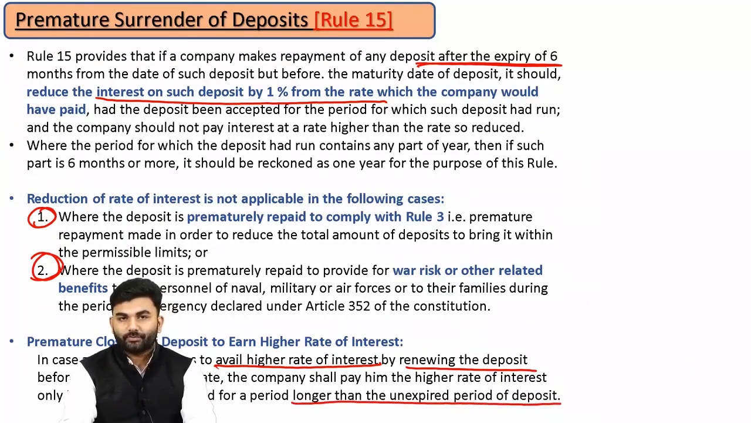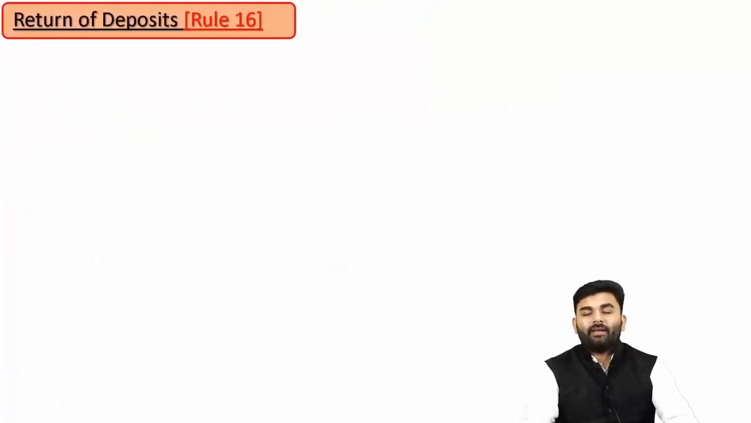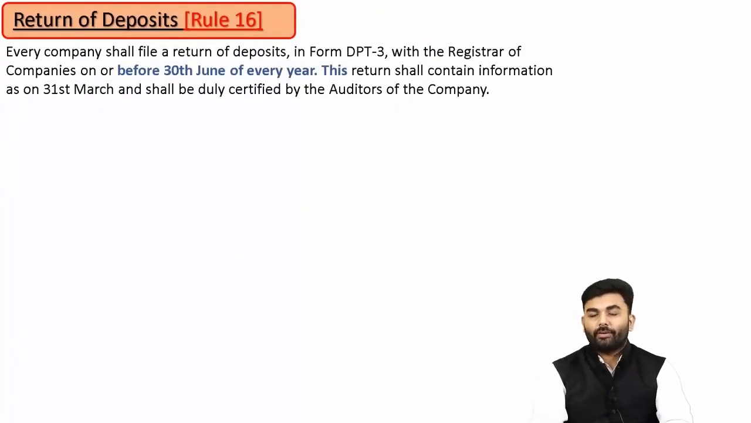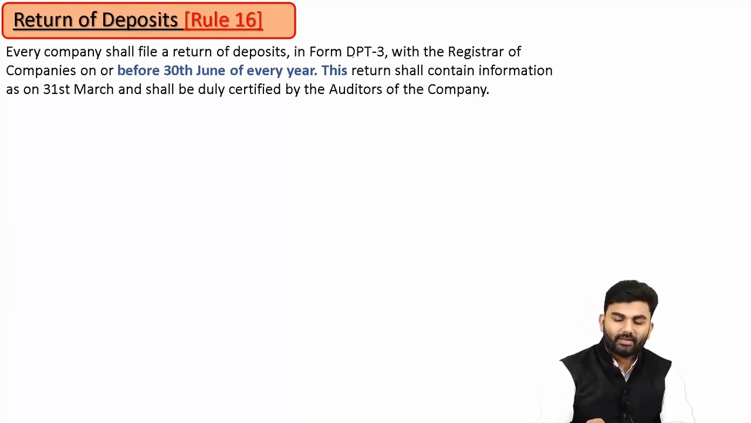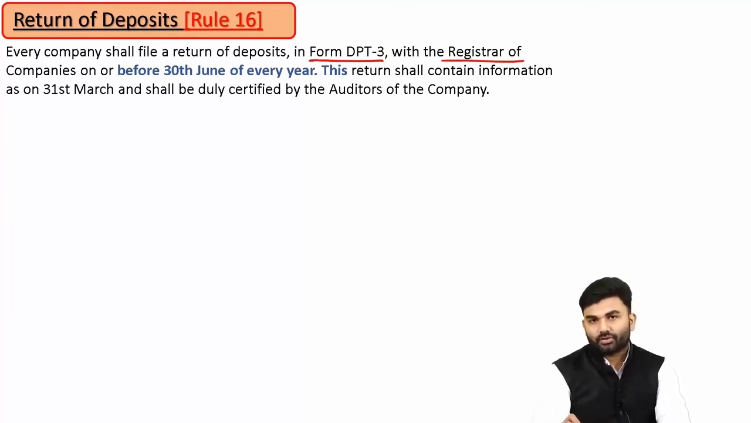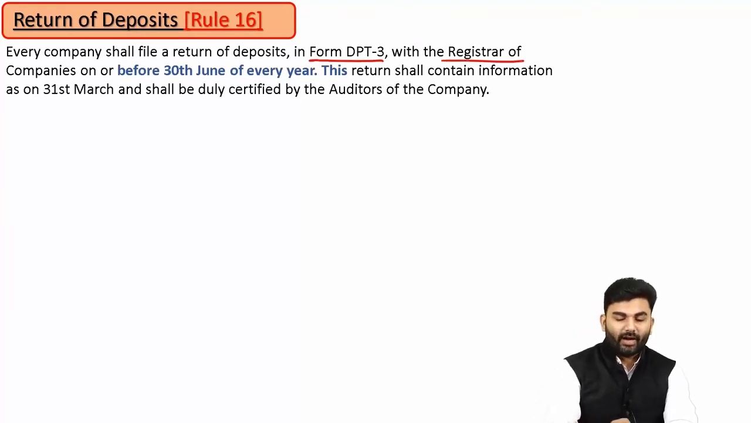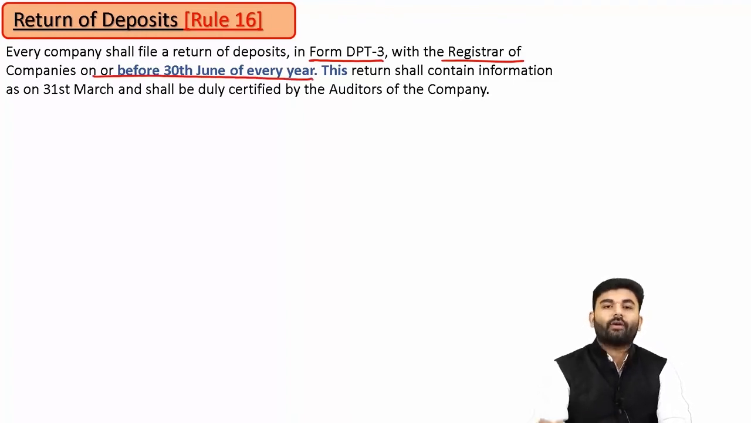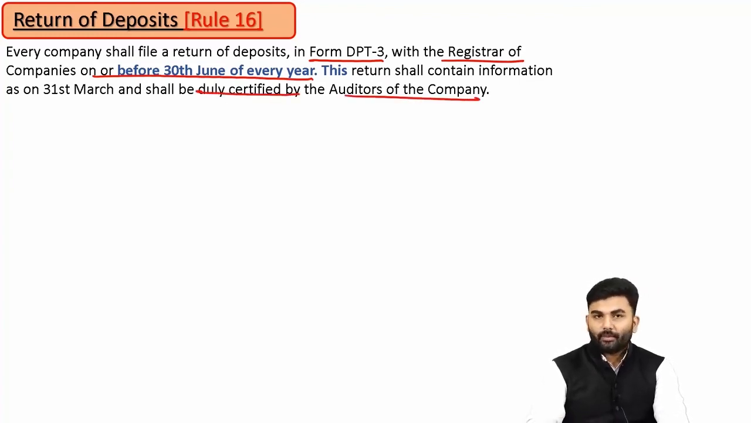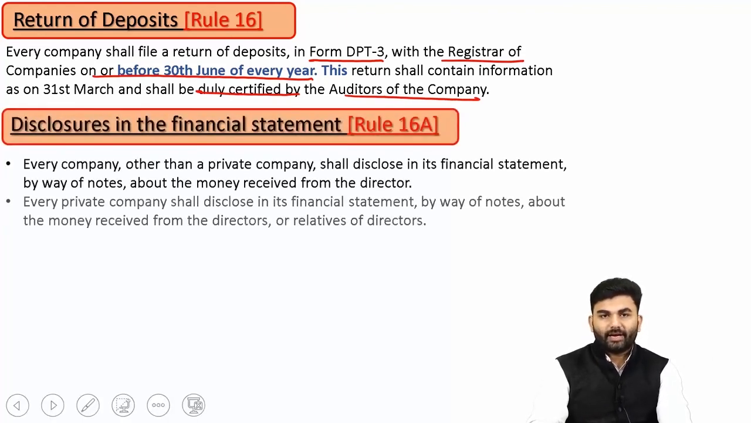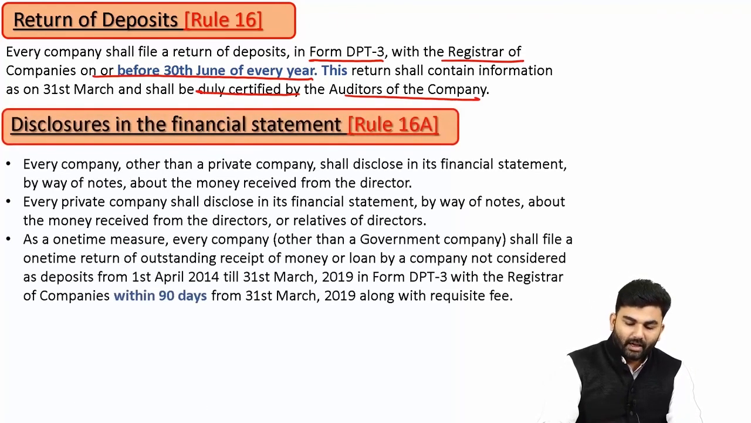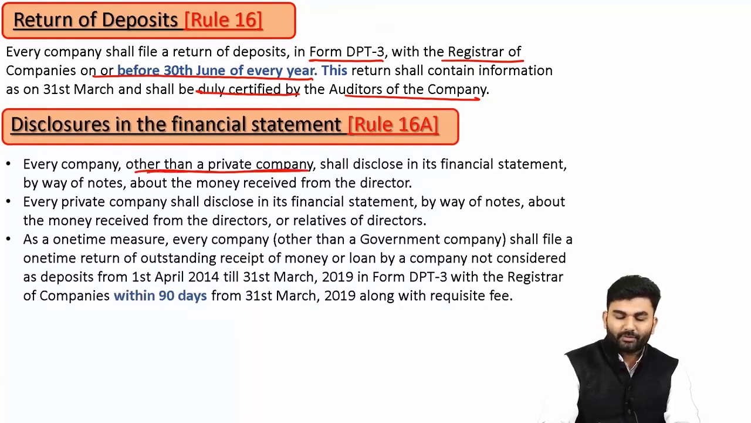Here, the company needs to file the details of deposits under a form called DPT-3 with the ROC, and such details should be filed on or before 30th June of every year. Whatever details the company files with the ROC will be duly certified by the auditor of the company. The lawmaker says that if you are a company other than a private company, which means you are a public company,